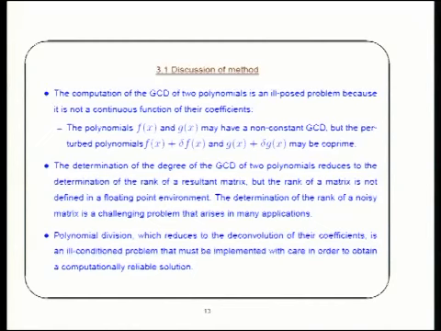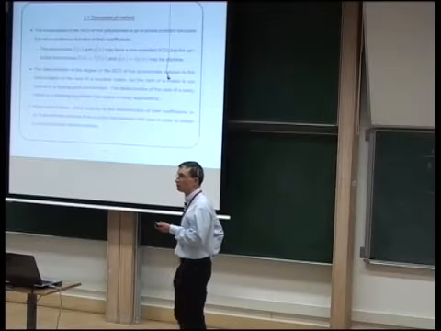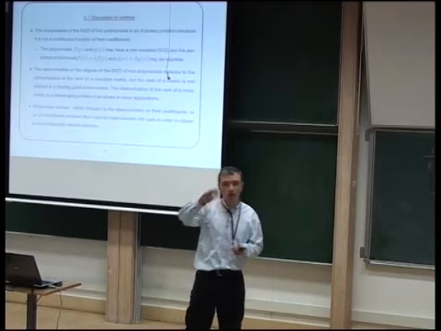Okay? So the first thing we've got to do, to work out the degree of the GCD, in fact reduces to determining the rank of a matrix, and that's a difficult problem in numerical linear algebra. It's one of the most difficult problems. It's a very important problem, and the reason it's difficult is you're looking for an integer in a floating point environment. And furthermore, if you've got noisy data,